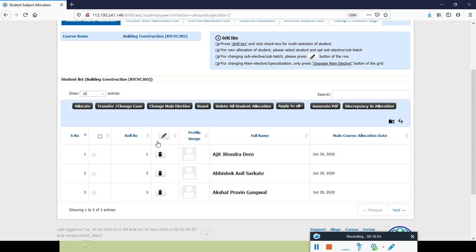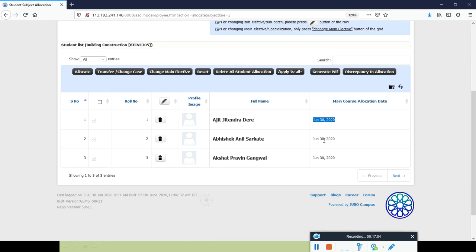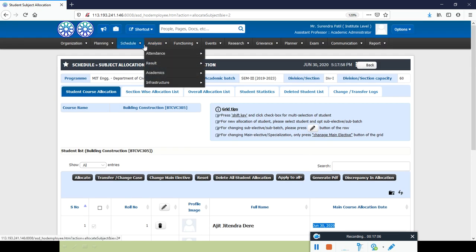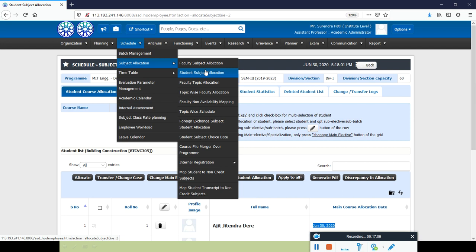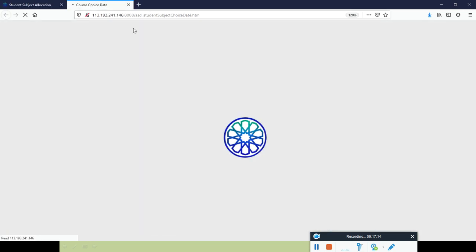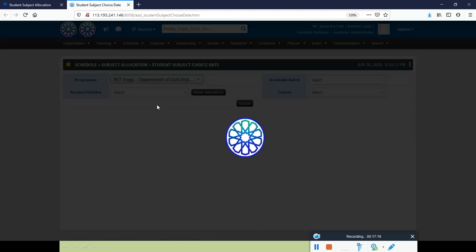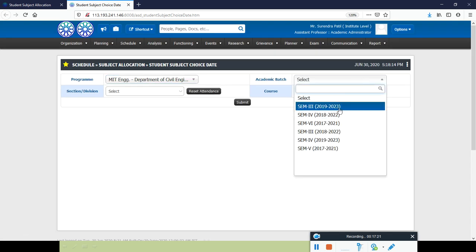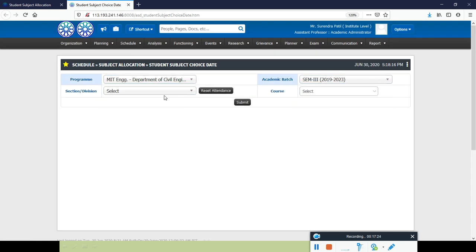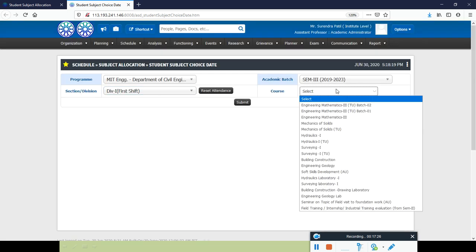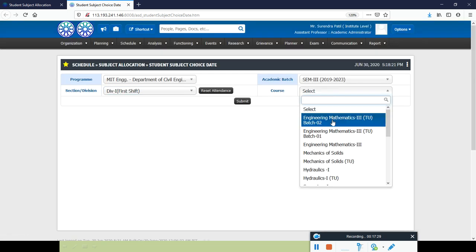Now we need to update the date from which the student is allotted to a specific batch. Either you can do it from here, or you can go to the student subject allocation and the student subject choice date. From here you simply change the date of student allocation to a particular course. Sometimes the student may be admitted later, so you just select the specific course.